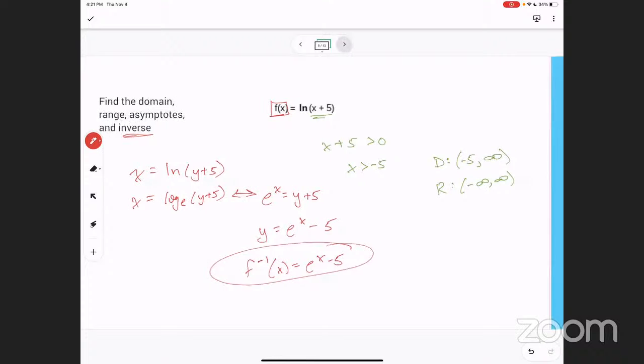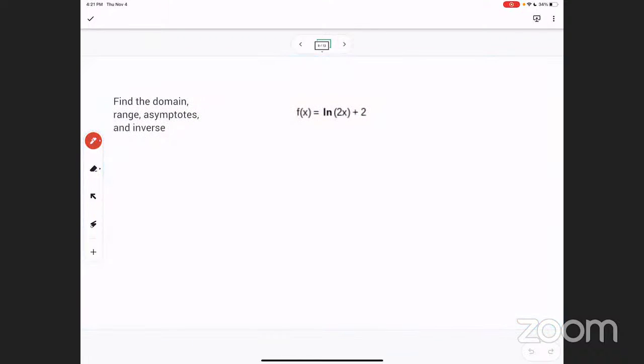Got it? Find the domain, range, asymptote, and inverse. Same deal. The domain: 2x has to be greater than 0, so x has to be greater than 0. So the domain is 0 to infinity, not including 0. Good. Range: negative infinity to infinity, all real numbers. And the inverse,